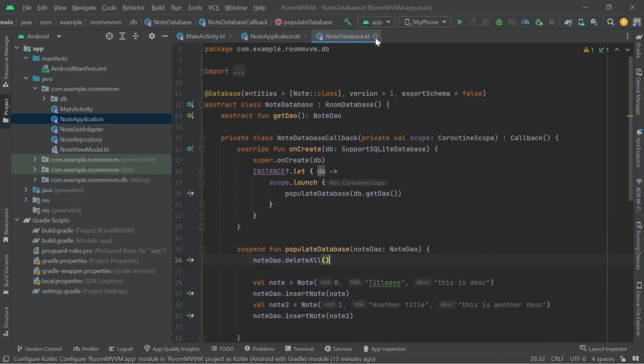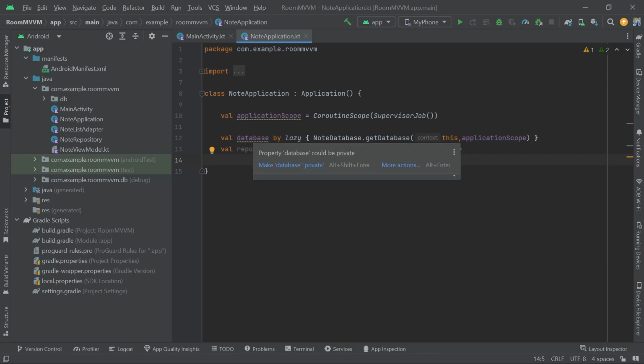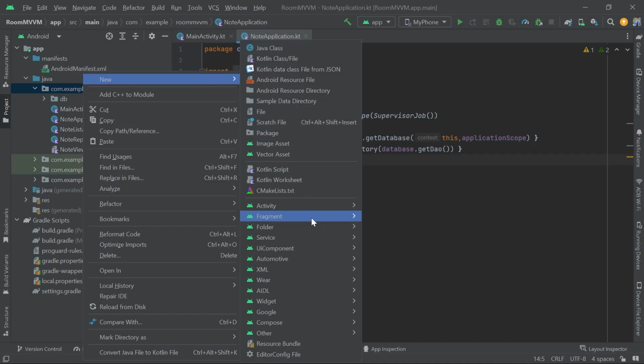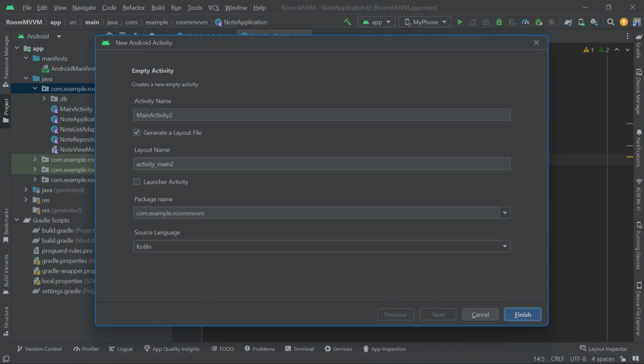And after this, so now after getting the reference to our database and repository, we have to create our new activity so that we can enter our new note inside of our database. So for that, we will be creating a new activity. So right click on this package, New, and this time we will create an activity that will be Empty Activity, and we are going to name it NewNoteActivity, and we also have to generate a layout file. So click on Finish,